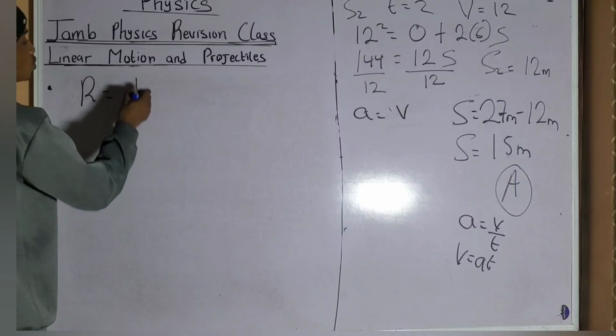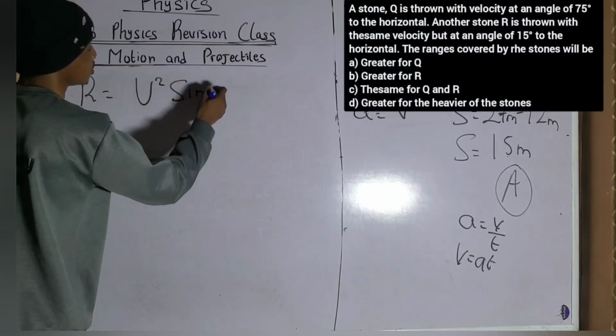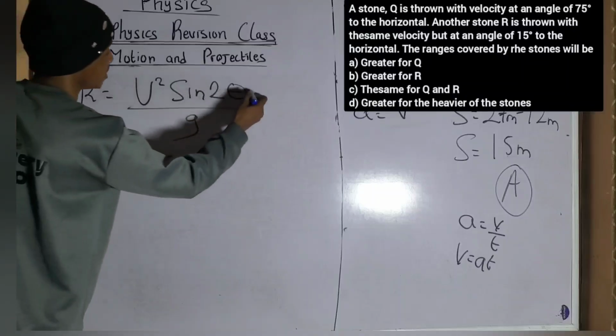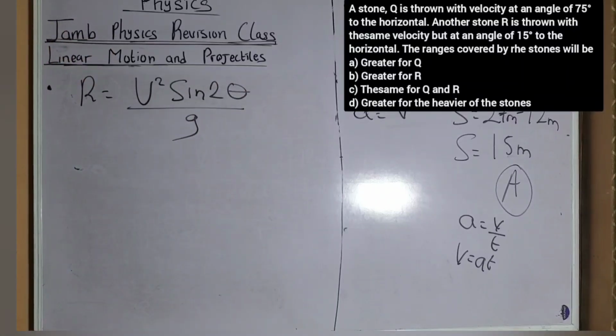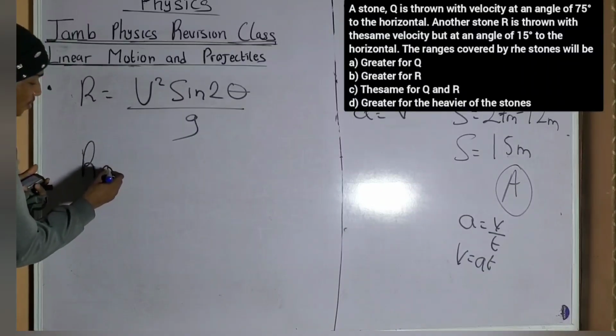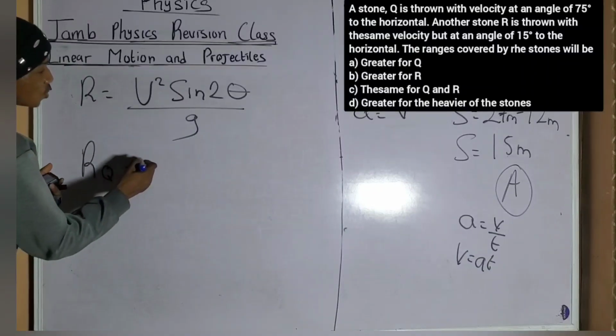Range is equal to u squared sine 2 theta all over g. This is the formula to calculate the range of a projectile's motion. Now, we are given that we have 2 objects. The first object is the object Q. The range of Q will be equal to u squared